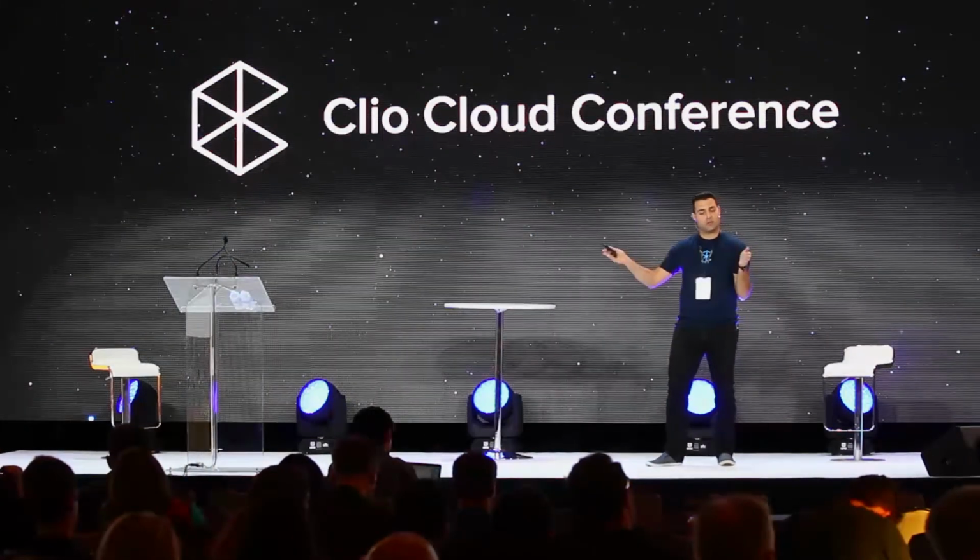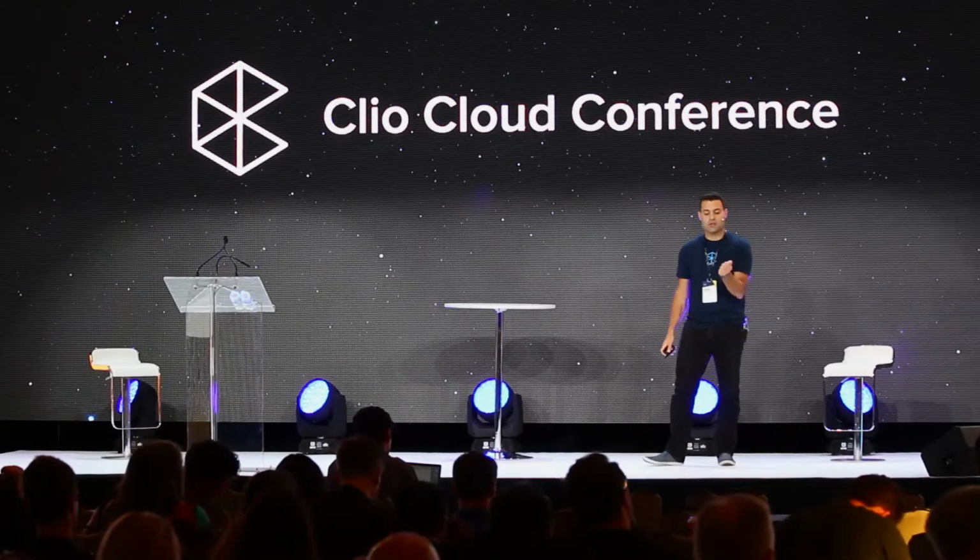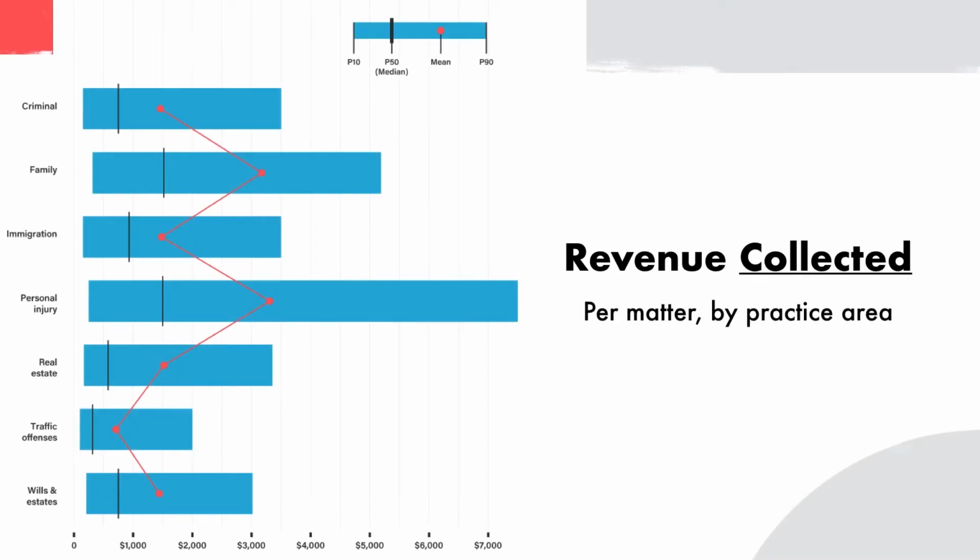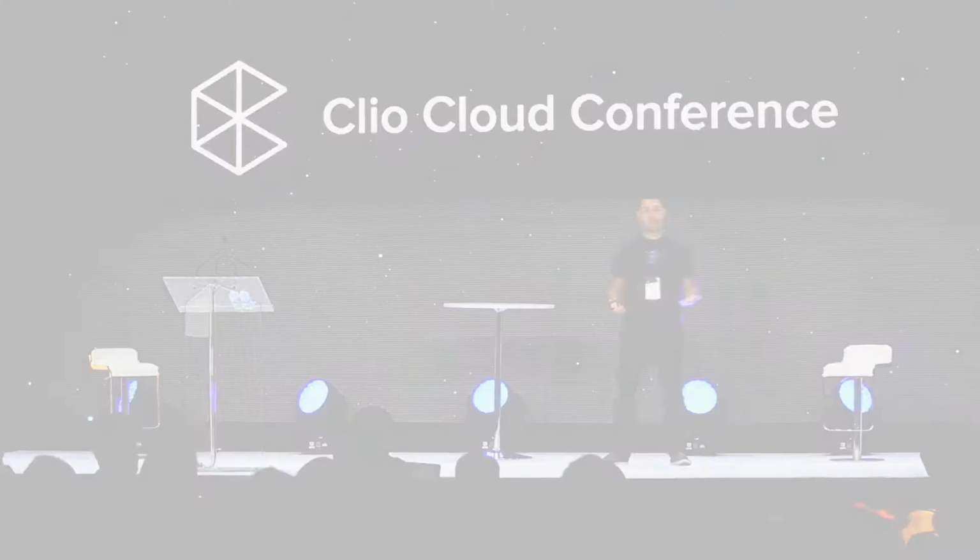So what's interesting here is seeing both the different average values of different practice areas, but also the spreads between these different statistical points. So personal injury is an example. Higher average value, but a median that's way behind. And the reason for that is that it's kind of all or nothing, right? Like it's a gamble. Either you get a big collected amount, or sometimes you don't.